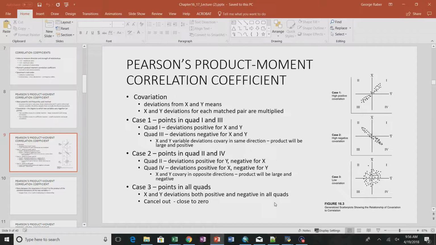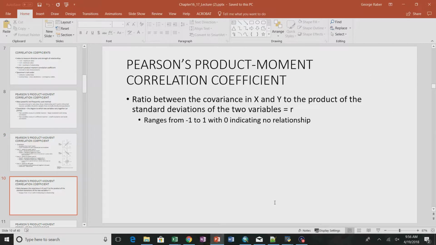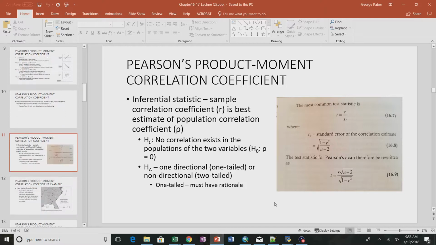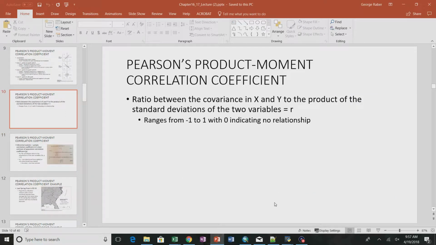All right. So if we have points in only, or most of our points in only, diagonal quadrants, then we're said to have high correlation, whether it's positive or negative correlation. If they're in all four quadrants, then they cancel out, and it's close to zero. The deviations will cancel out. I think I meant to put a picture on there. But anyway,